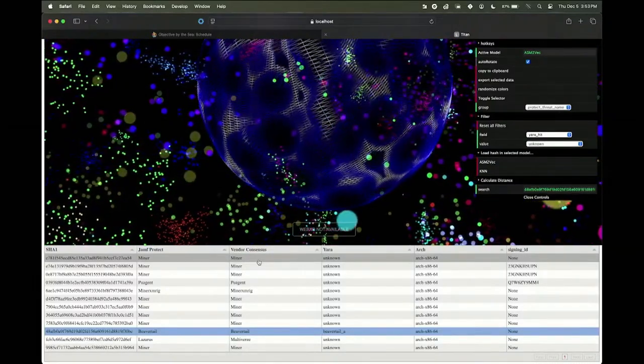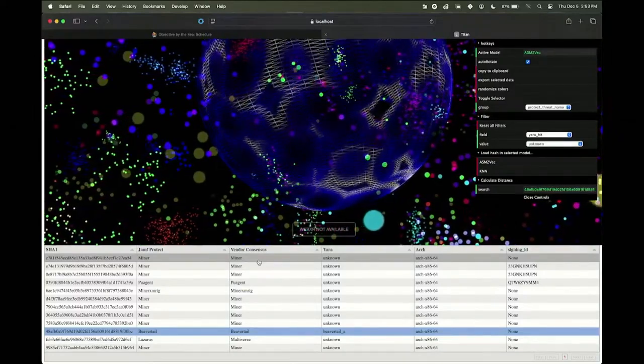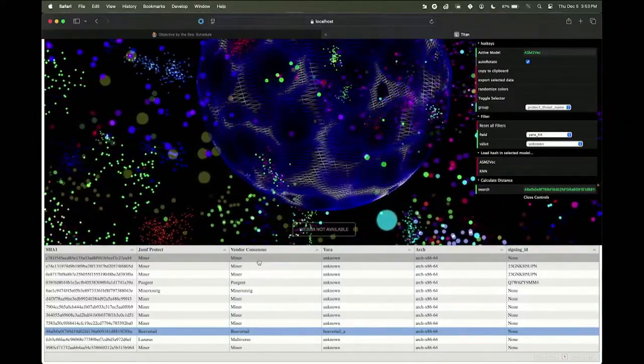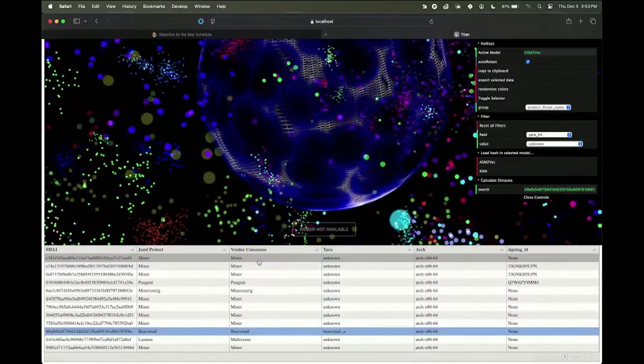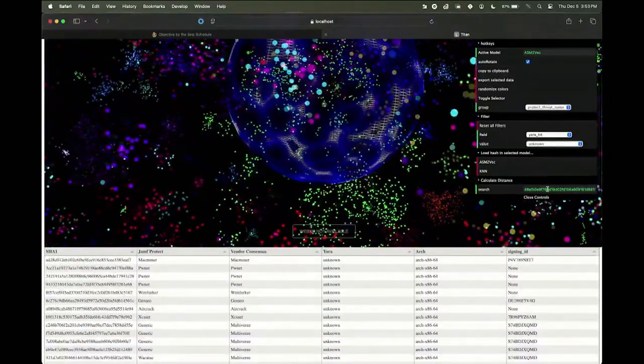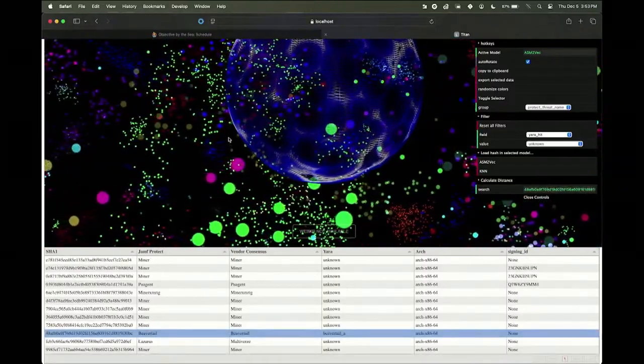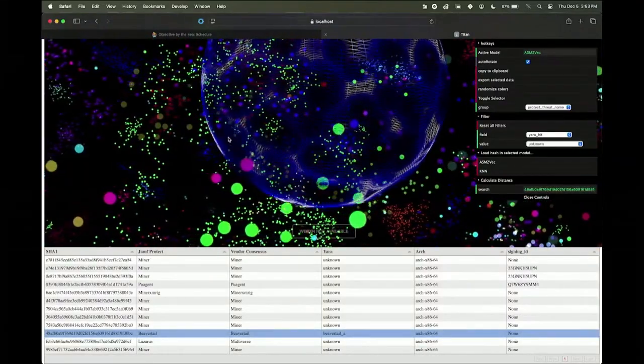I can't recall if Beavertail had some type of minor built into it. I don't think the answer was yes to that, so I can't make any assumptions off what's going on there. But I did note, oh boy, please hold, that wasn't supposed to happen. All right, but I did note that if we increase the size maybe one more step,